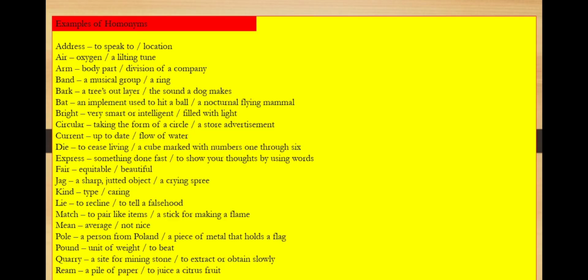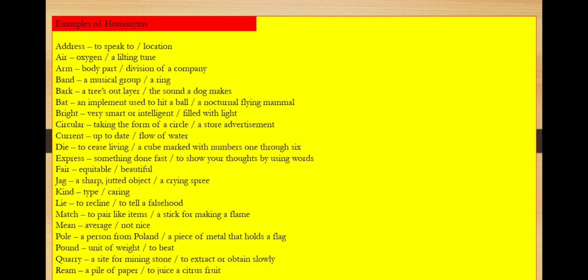Examples of homonyms: address, to speak, and location; air, oxygen, and a lilting tune; arms, body part, and division of a company; band, a musical group or a ring; bark, a tree's outer layer and the sound a dog makes; bat, an implement used to hit a ball or a flying mammal; bright, very smart or intelligent, or filled with light; and circular, taking the form of a circle, and a store advertisement; current, up to date, and flow of water;